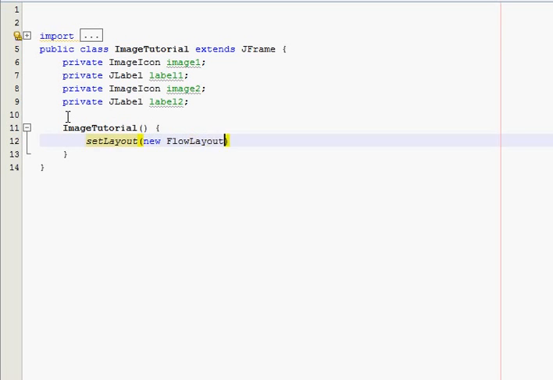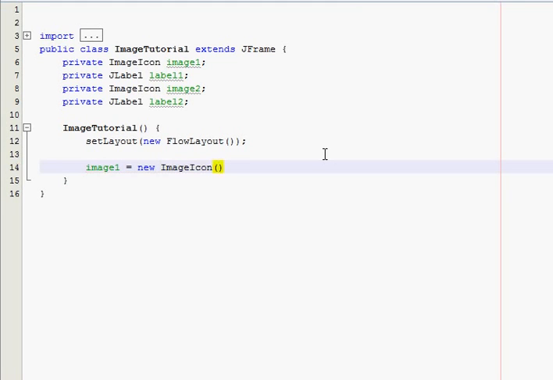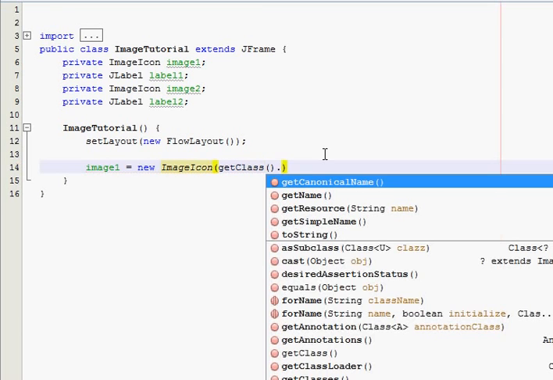We'll probably be using that for maybe the next 5 or 6, and I'll teach you some better layout styles. Alright, so image 1 is equal to new ImageIcon. Now, inside these parameters, we need to get our image. And mine happens to be located right inside the package that I'm working in, I'm using NetBeans. So to do that, you're going to type in getClass and empty parameters, and on the outside type dot get